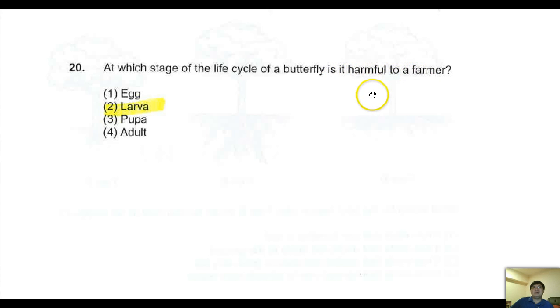It does not mean that it bites the farmer, right? But the harm is done to its crops, and so to the farmer. So the larva is the one, the caterpillar. The caterpillar eats up the leaves, okay, all the leaves probably, so the plant cannot make food well, and it affects the crops for the farmer. Next,